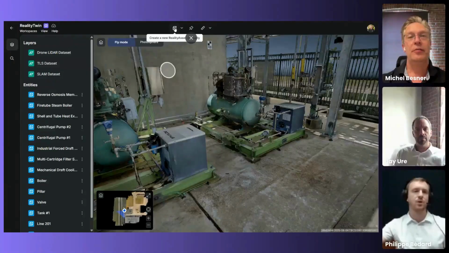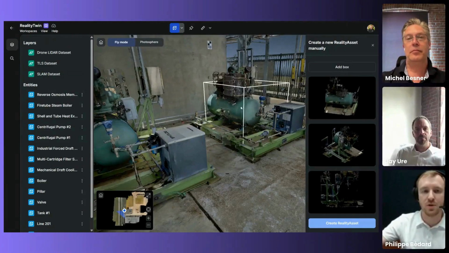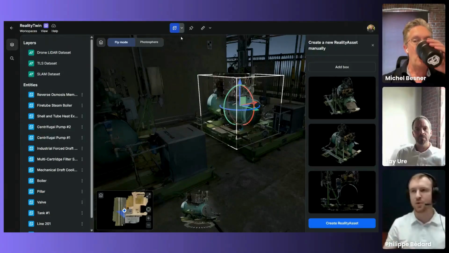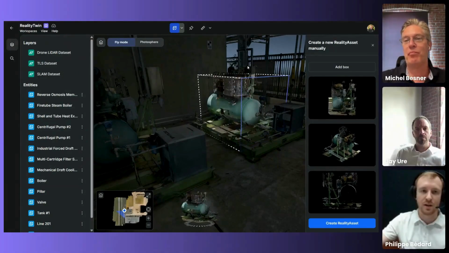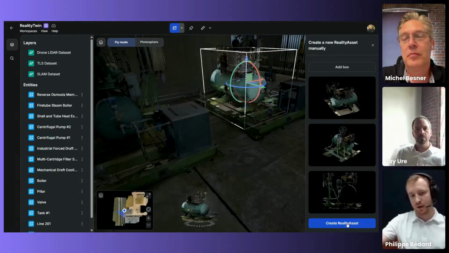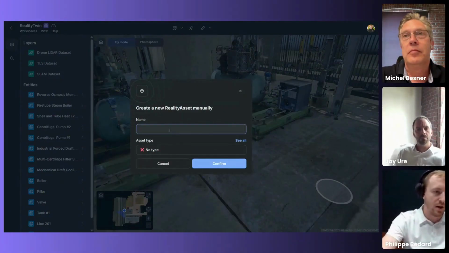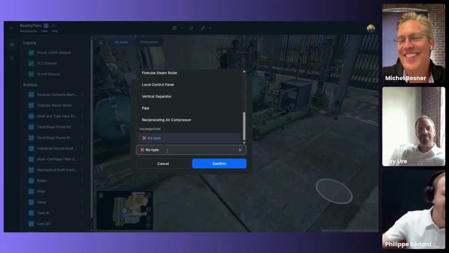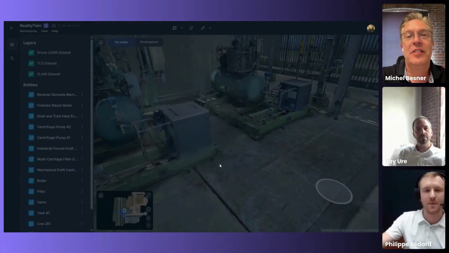Yeah. What I was about to show is also you can easily create new assets if you need to. So it's pretty similar to what we have seen in the video. You can either use the box tool, there's the pipe tool, but also the magic one available. If you use the box tool, you can change the extent of the box like this. And once you're happy with the shape, you just hit create assets and you can give it a name. So if I call it, I'm not even sure if it's a pump. I think it's like the air compressor actually. Yeah. And then you can hit confirm,